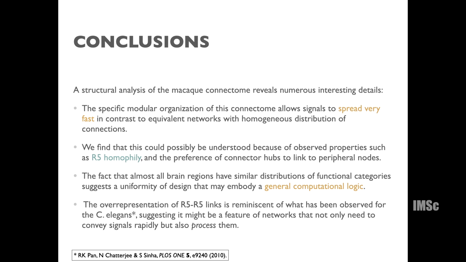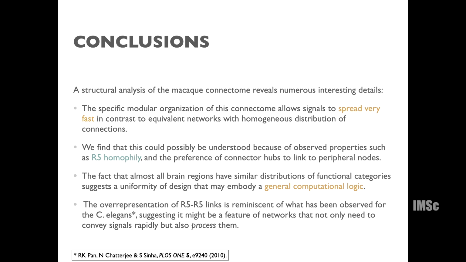The specific organization of this connectome allows signals to spread very fast, in contrast to the kind of surrogate networks that we've shown you, right? And we talked about why this can be. It could be because of things like the R5 homophily and the preference of connector hubs to connect to peripheral nodes and so on. So these fine details are probably key in making the difference